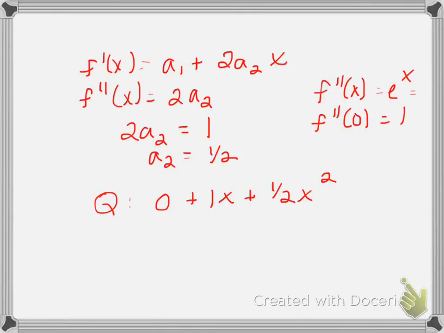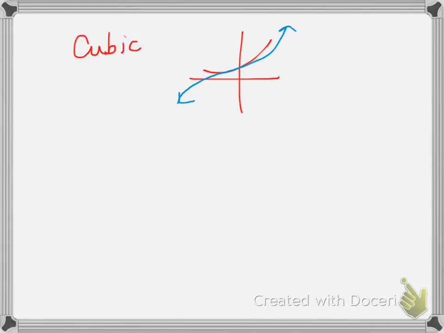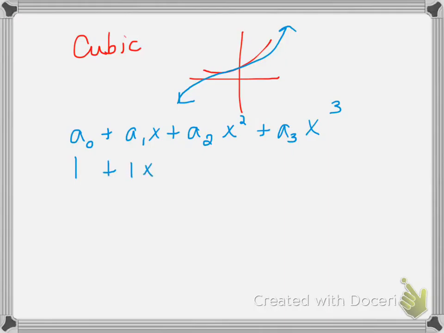Now, we're going to go one step further, and we're going to find the cubic one. Again, here's e to the x, and we're trying to approximate it by some cubic function. And the more we do, the closer the polynomial is to approximating whatever the equation represents. So the cubic form would be this form right here. We already know that a0 is 1, a1 is 1,